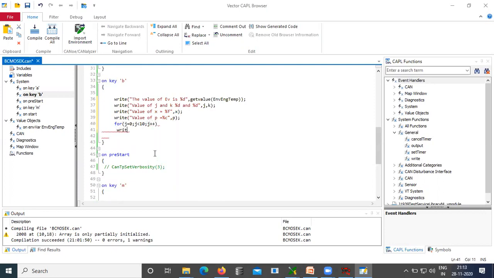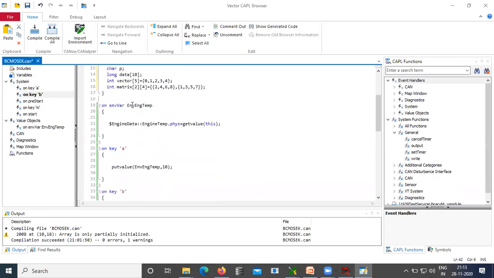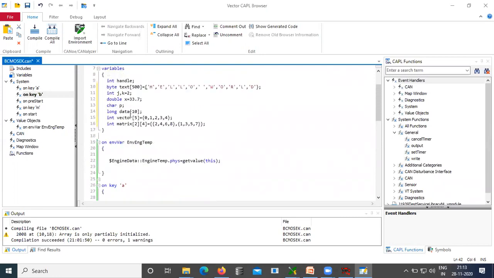Here we write percentage d comma data of j. So we are printing it here. Then after data we have the vector.